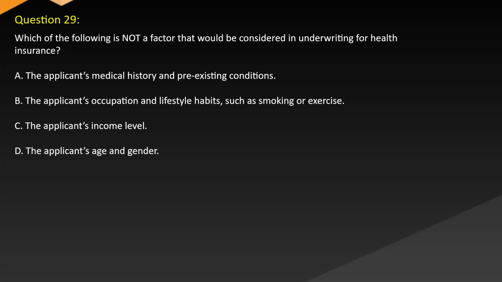Question 29. Which of the following is true regarding the role of credit scores in underwriting auto insurance policies? A. Credit scores are never used in the underwriting process for auto insurance. B. Insurers cannot use credit scores to determine eligibility for coverage. C. Insurers may use credit scores as a factor in determining premiums as they are correlated with risk. D. Credit scores are used only to determine eligibility for purchasing auto insurance, not premiums.